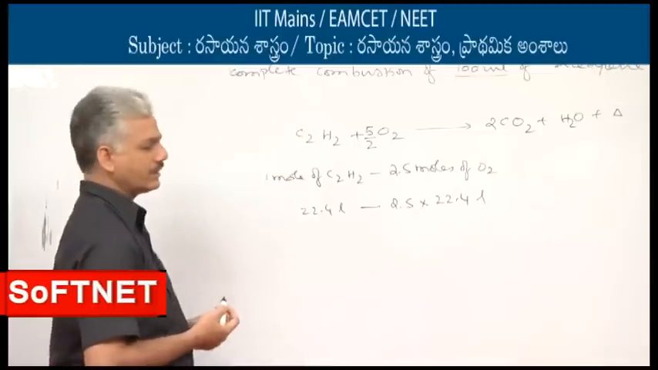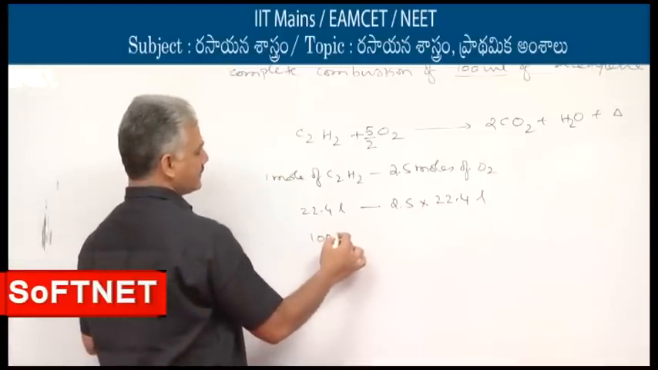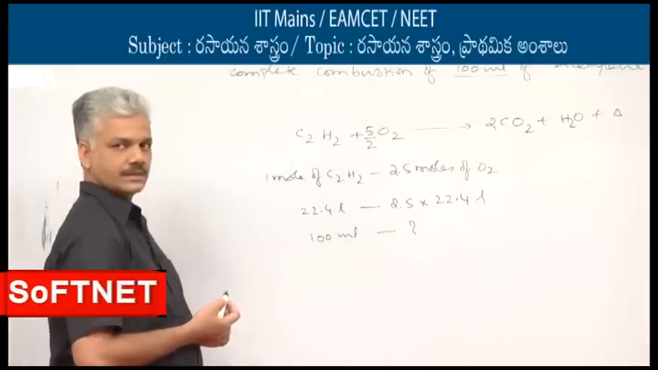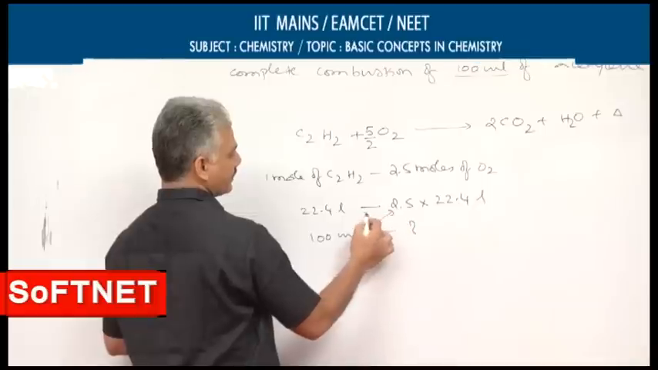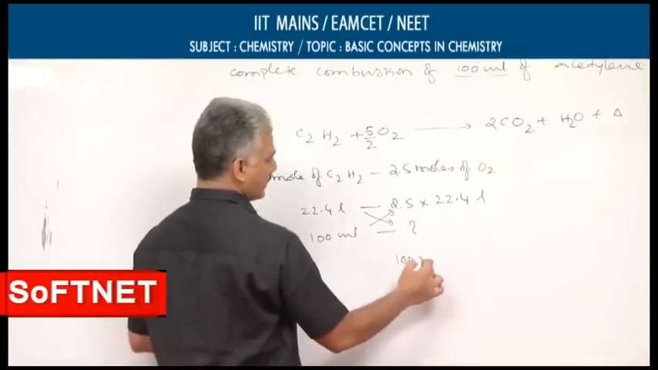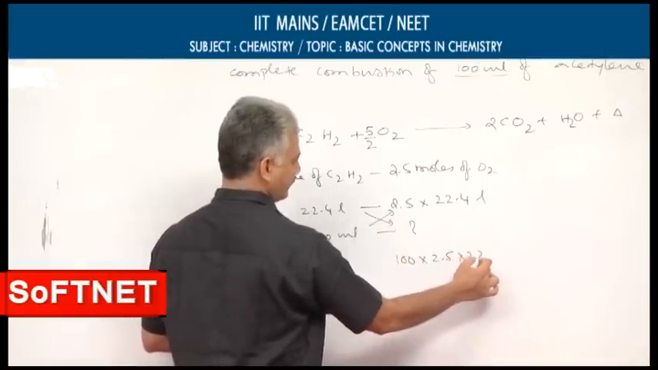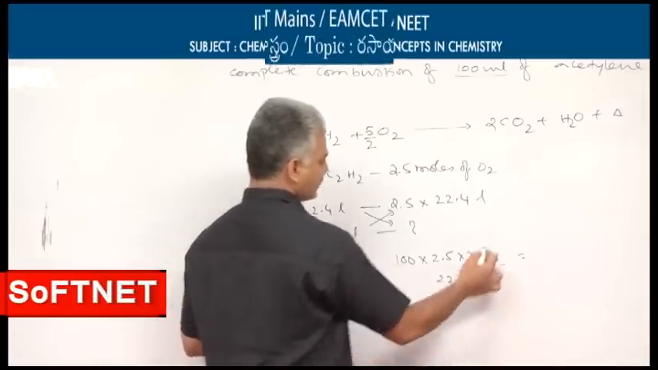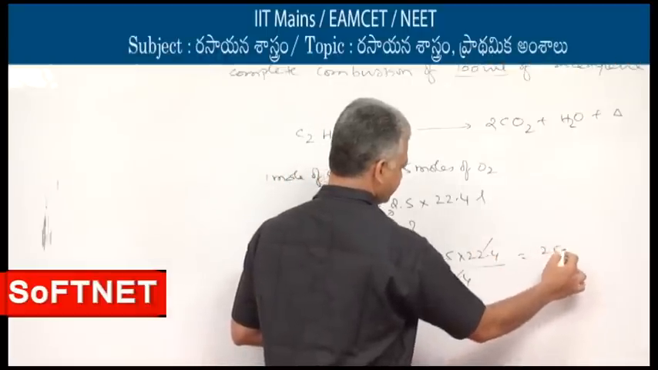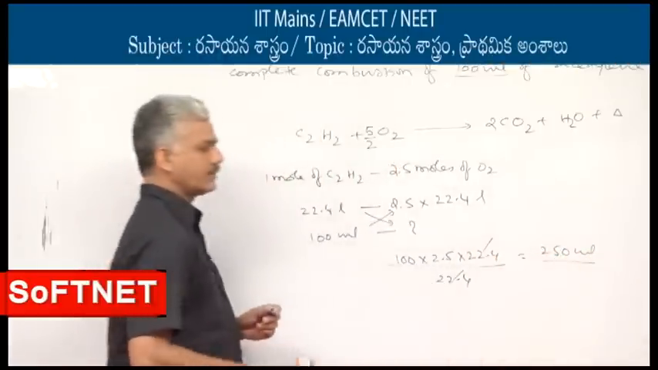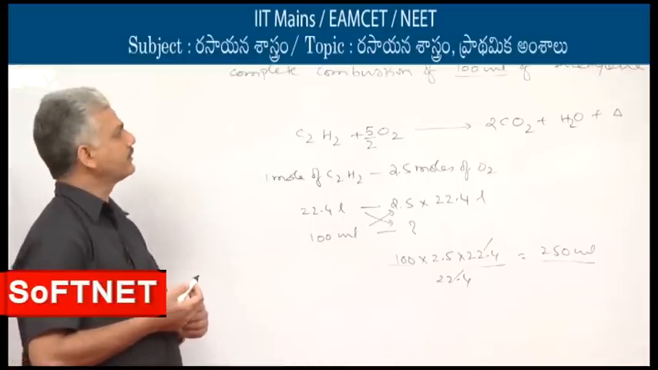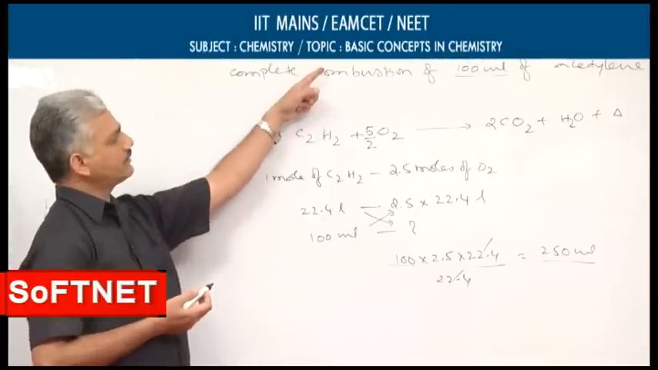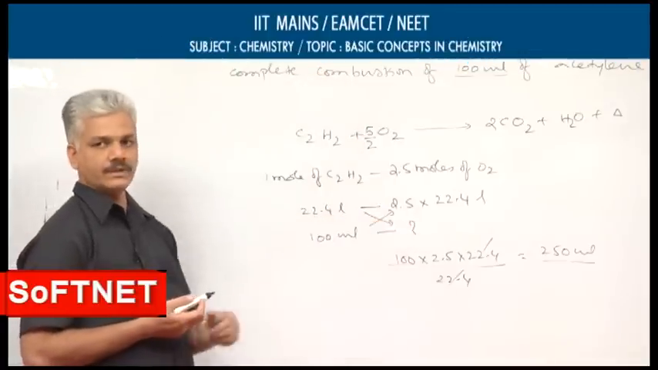Now, in the given problem, volume of acetylene given is 100 ml. So, for that how much of oxygen is required? In this way we can calculate 100 into 2.5 into 22.4 by 22.4. So, that comes out to 250 ml. So, for the complete combustion of 100 ml of acetylene, volume of oxygen at STP required will be